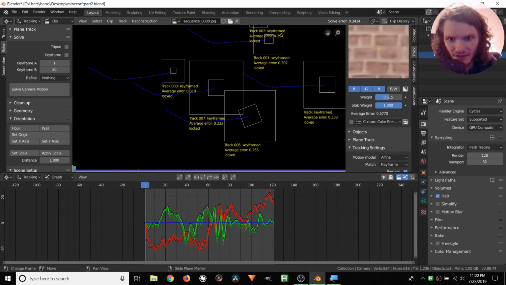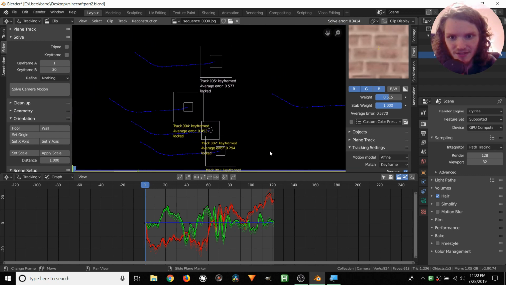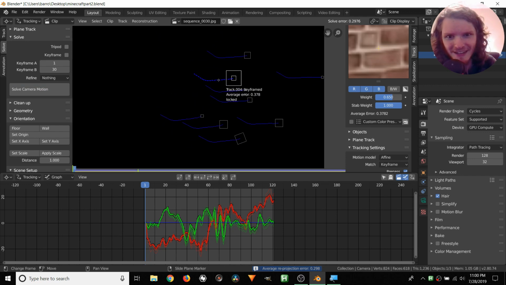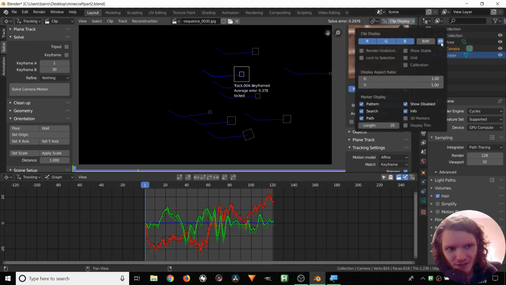Let's see if we have any other bad actors. It seems like this really is the only bad one. Lower this one a bit more, and this one wasn't too hot either. Solve again. Okay, now we're down to 0.3. I would like to get under 0.3, just for bragging rights. Okay, we're under 0.3. I think I can be happy with that. No need to go crazy over this.